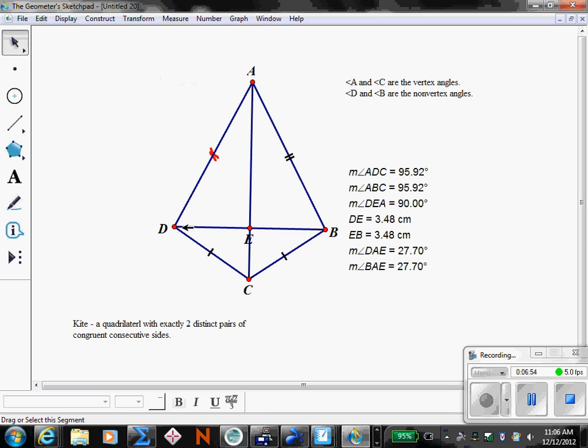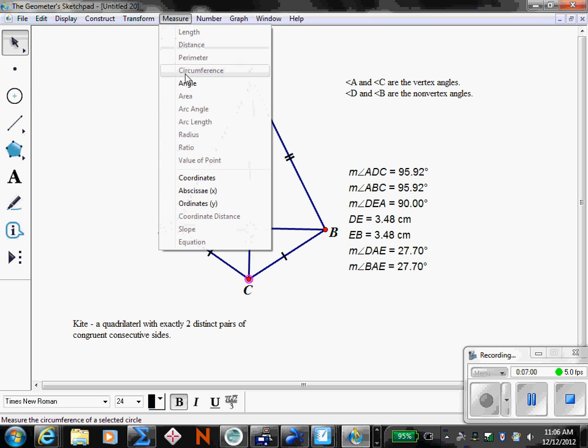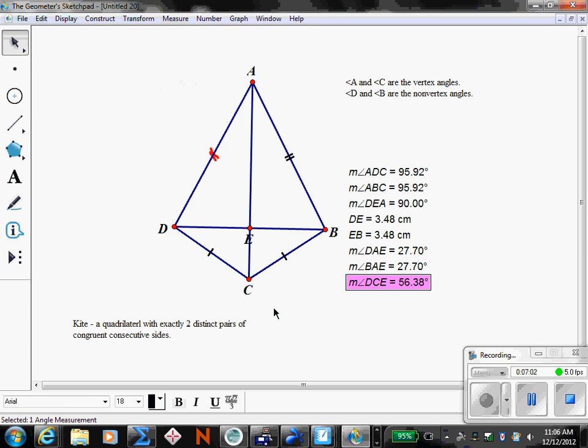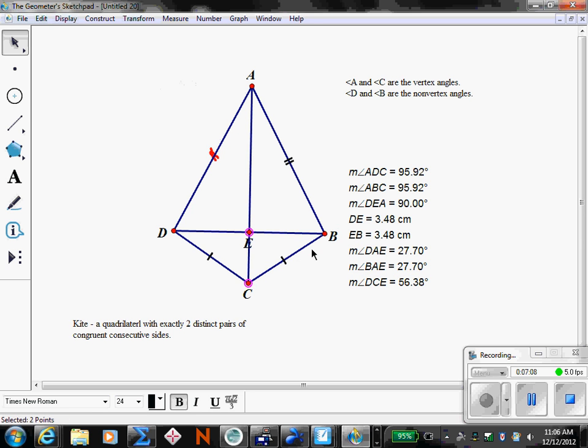I can do the same with the other vertex angle. DCE measures 56.38, and then angle ECB will also measure 56.38. So to summarize all of that information,